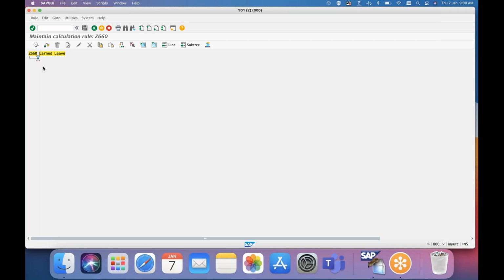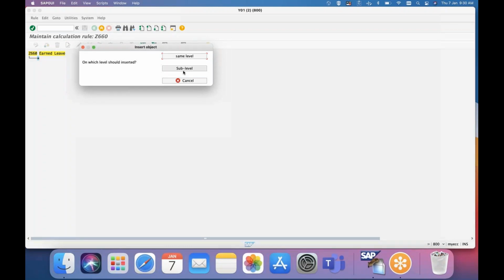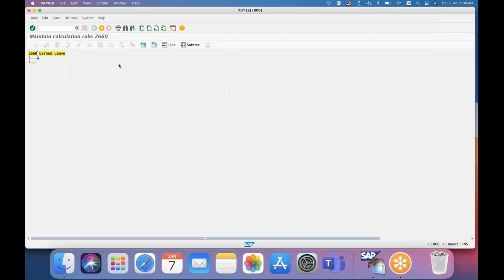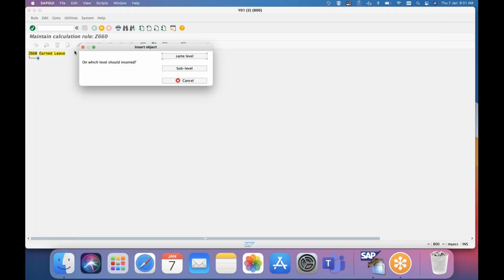When you select this and say create, it will ask for the same level or sub level. Still you can tell, like, for the rest of the groups it should work in a different way. For salaried employees, for group 3 if you want to write a different logic, you can still write that in the PCRs, which we are going to work on anyhow in all the cases. Today I am not really writing anything based on the group. So I will select this, I will say create, say sublevel.